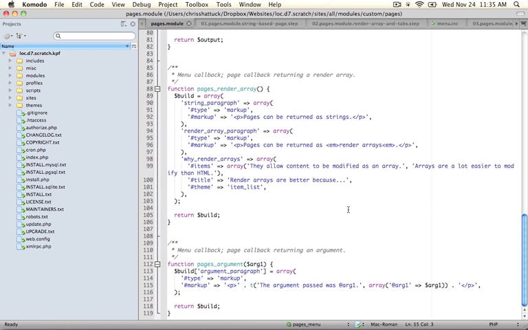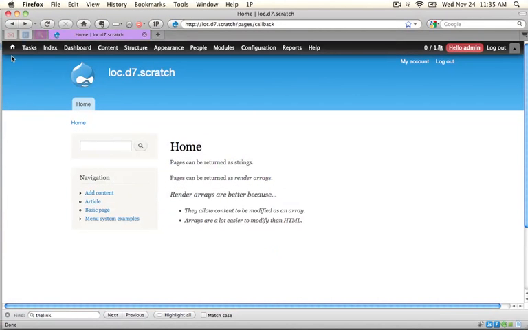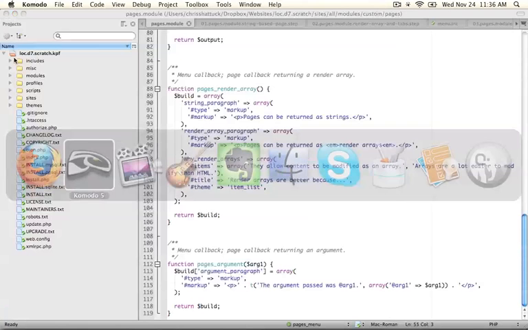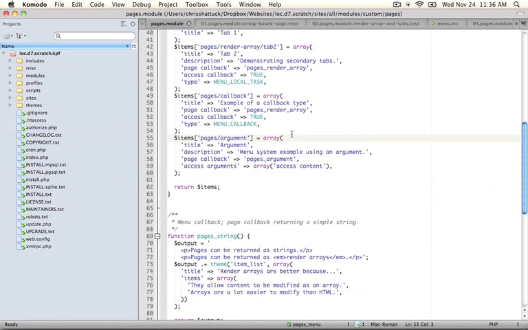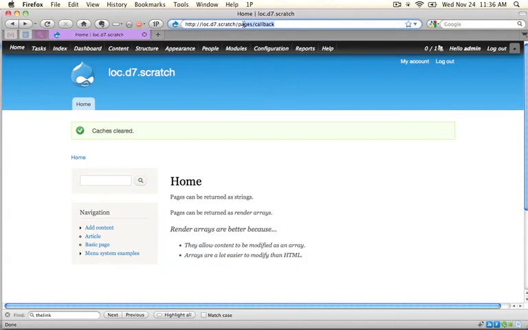Go ahead and make sure that your module file is saved, and then jump back to the browser. And let's go ahead and clear our caches to make sure that our new menu item is registered. And I'm going to jump back to the code so we can grab the path for this item. It's pages/argument, and I'm going to go ahead and copy that and paste it into the browser address bar